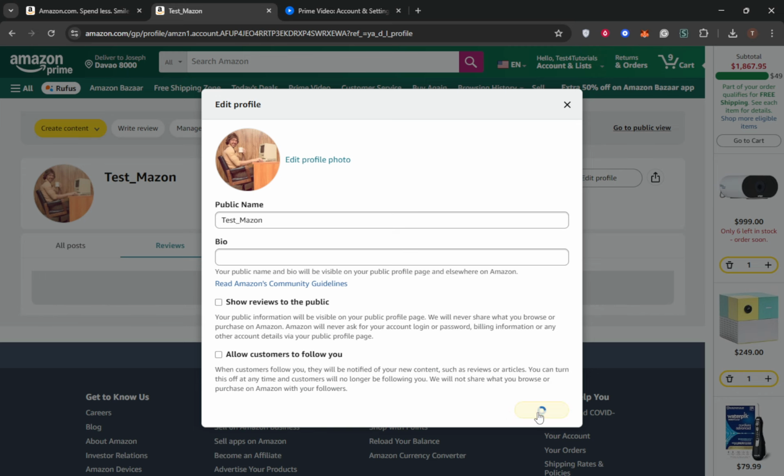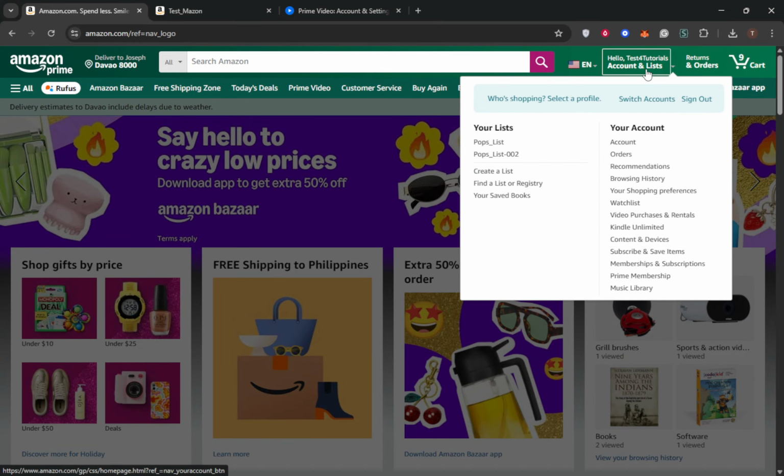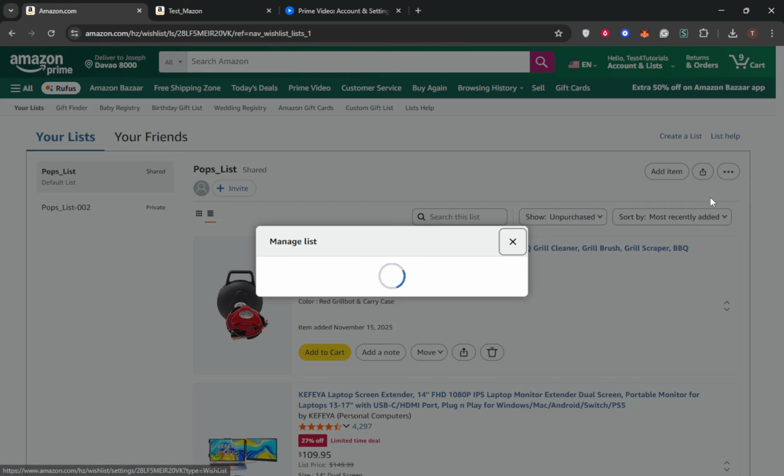Next, let's talk about your wish lists, which are often more public than many realize. To make your wish lists private, navigate to Your Lists and select Wish List. Within the wish list, you'll notice an option that says Manage List. Click that, and it will allow you to change the privacy setting to private. Just like before, you need to save these settings to ensure they take effect, enhancing the privacy of your online